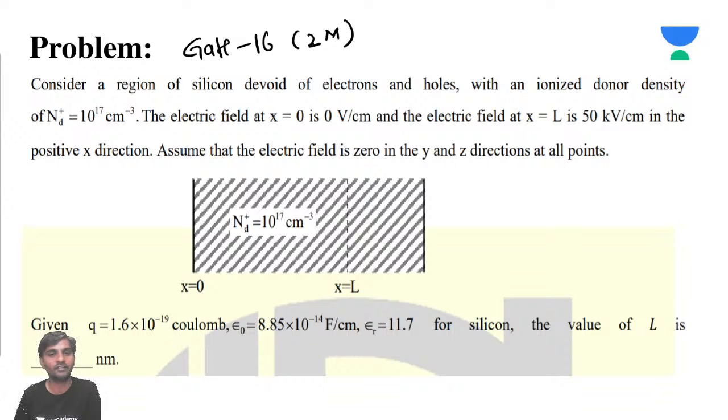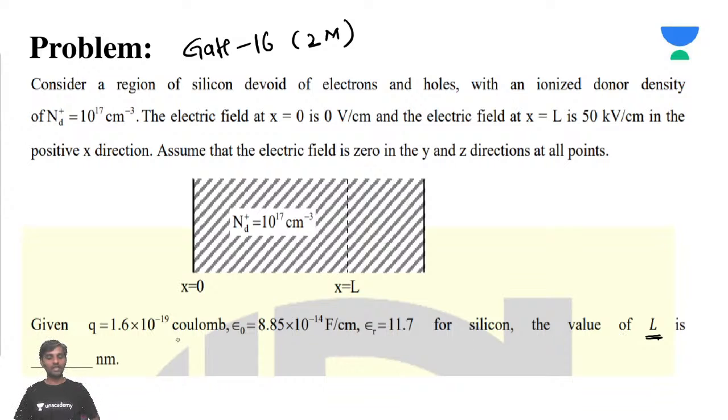The electric field at x equal to 0 is 0 volts per centimeter, and the electric field at x equal to L is 50 kilovolts per centimeter in the positive x direction. Assume the electric field is 0 in the y and z directions at all points. Given Q and epsilon for silicon,